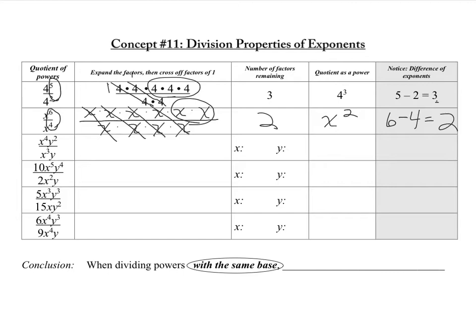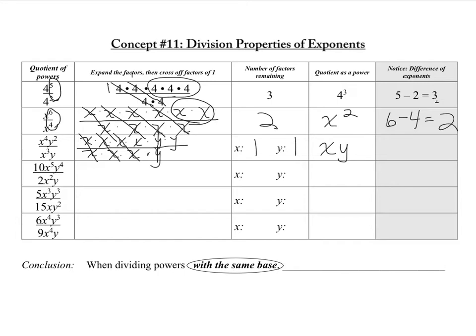Now let's take a look at the next one. I've got 2 variables now. I've got x's and y's. So x to the 4th is 4 x's, x times x times x times x, and y squared is 2 y's. We've got 2 y's over x cubed, 3 x's, x times x times x, times 1 y. And so if you look, the x's, they're the same number. Those can cross out to give me just 1 x. And then we can cross out these y's to give me 1 y. So that just means my final answer would be x times y, because we wouldn't need to write x to the 1st, y to the 1st, because everything is to the 1st power unless we put a different exponent on